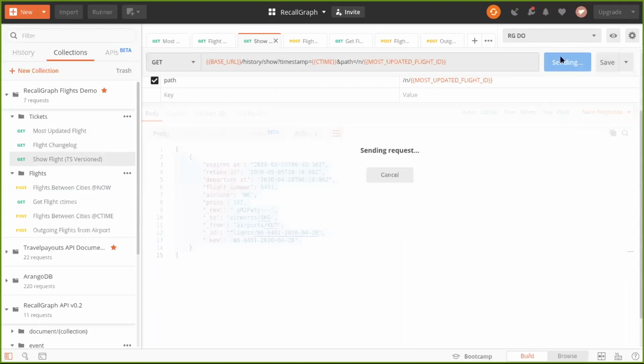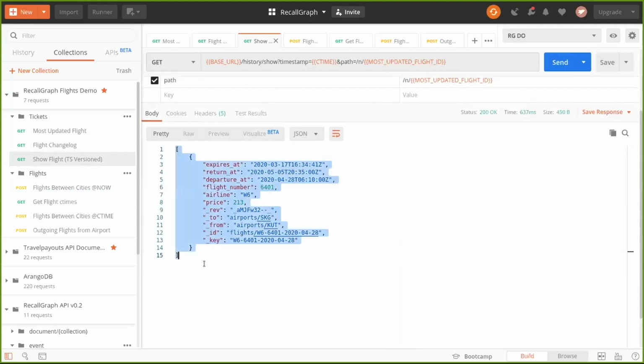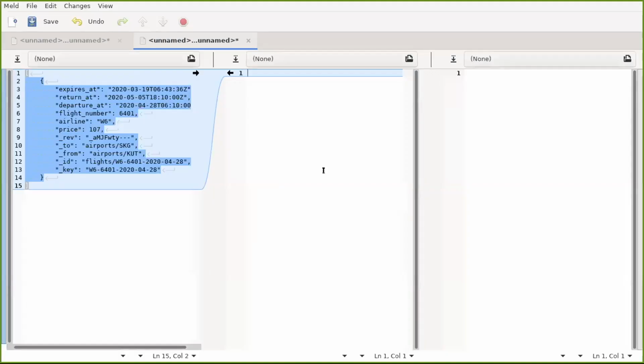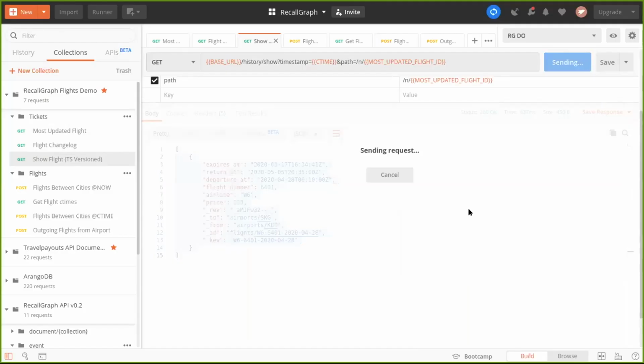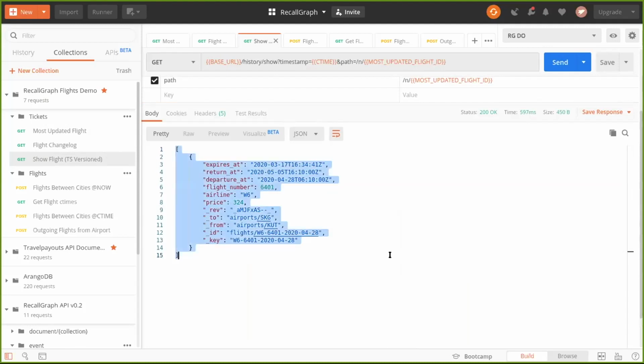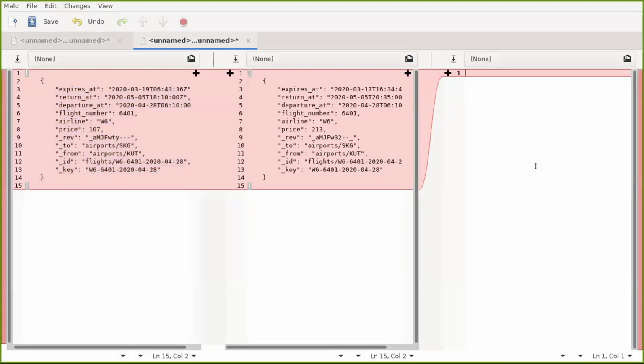Then I fire this a couple more times, and every time it fires, it queries at a different point in time and rebuilds the state as of that point in time. Let me do this one final time, and we'll see if we can detect any differences.